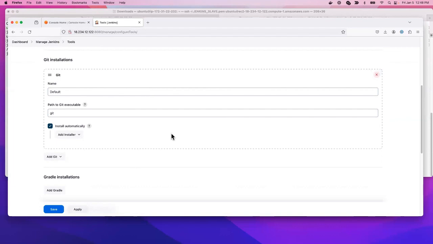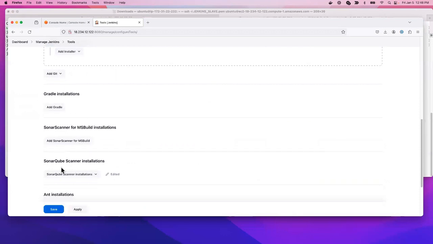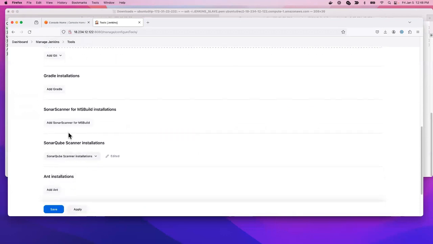Git, right? The Git tool. Git is a tool where, for the Git installation, for example, you can add an installer if you want, like for zip stuff. And Gradle also is a build tool. Sonar Scanner, you can add a scanner. You can also have Sonar Scanner for MS Build. But all this is popping up now because I've installed the